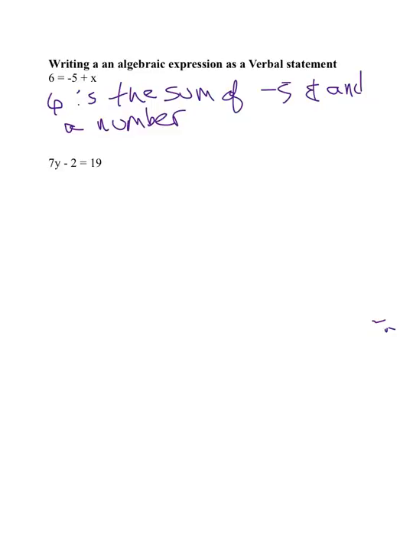So on the next problem, we've got a couple steps here, don't we? So we're going to look at 7 and y. That's the product of 7 and y, the answer to a multiplication problem. We're going to take 2 away from that, and we're going to get 19. So I'm going to say 2 less